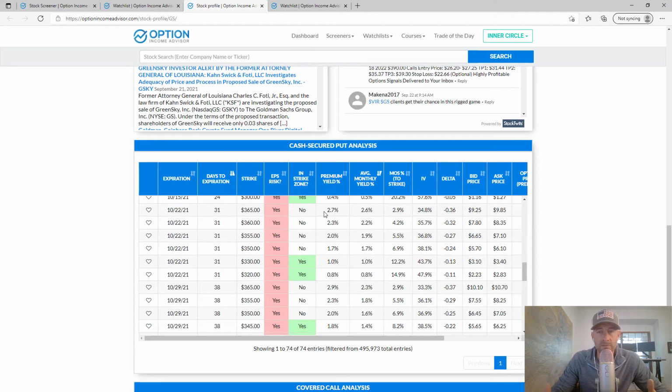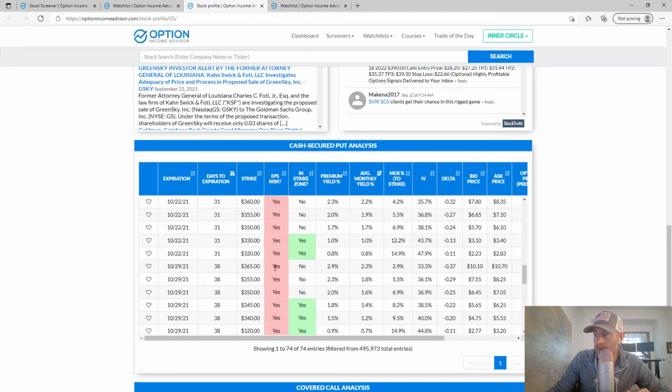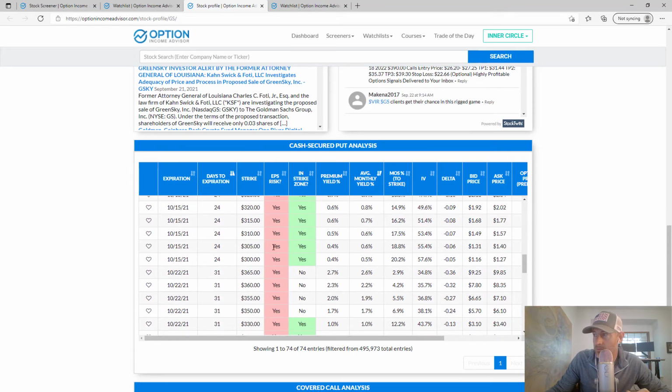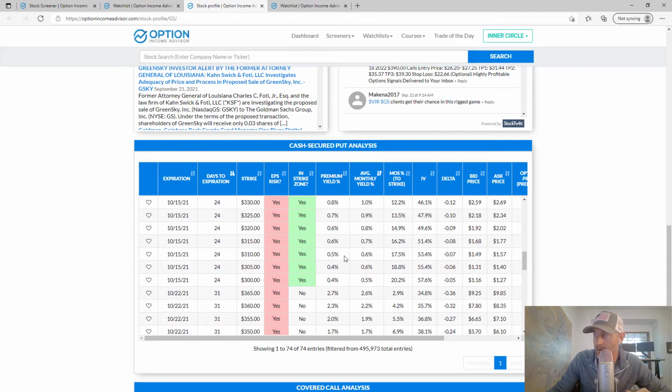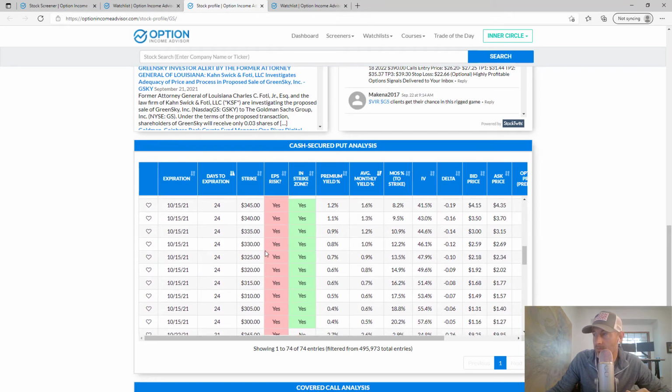You want this stuff in place, and you don't necessarily want to do it the day before, or the day after you've had a big downturn. I mean, you can, but it helps you stick to your plan if you've got these watch lists already created. So, what I would be looking for here, because we've got earnings risk in both, I may just take one of these shorter term options.